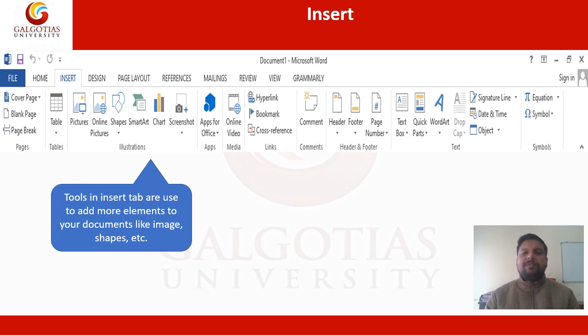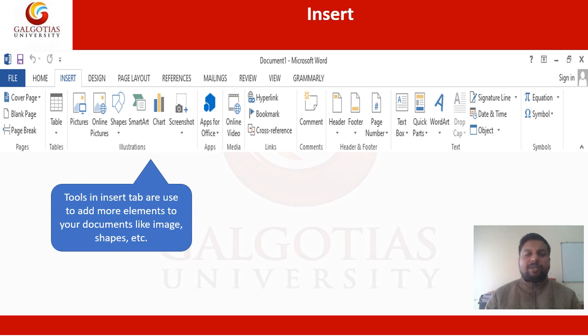You have already seen that whenever you are filling any application form, you get some boxes and other things. All of that is made with the help of a table. The next thing is pictures. Whenever we are writing articles, we need to attract the readers, so we use pictures or images.